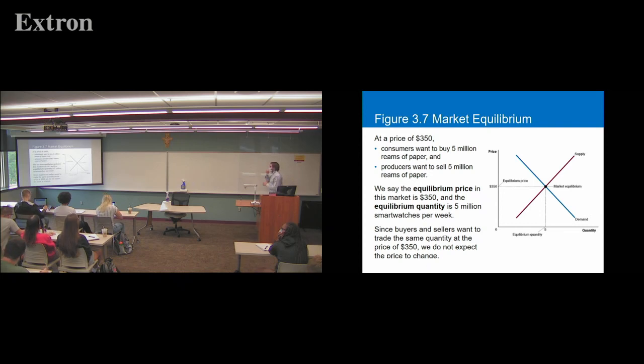I mentioned last time that producers would prefer to sell at a higher price. Consumers would prefer to pay a lower price. But because of the competitive pressures, they're forced to buy and sell at this equilibrium price if they want to be able to actually continue to buy and sell these products. If firms price too high, it'll be great for them, but consumers aren't going to want to buy the products. So in order to actually sell those products they've already produced, they'll have to lower the price, moving the price down towards equilibrium.